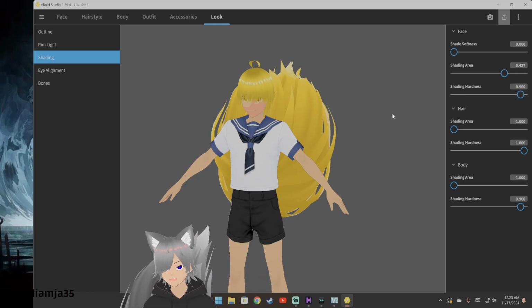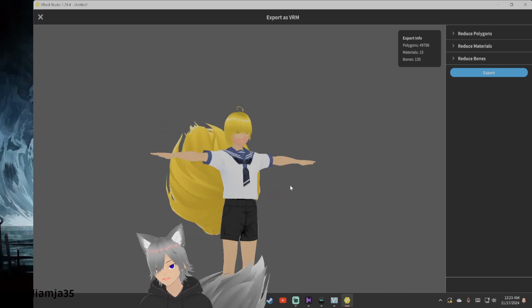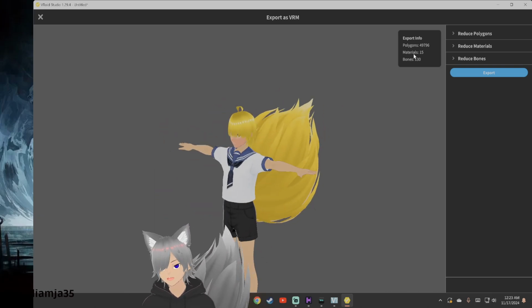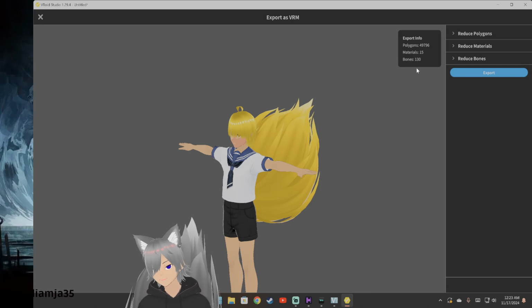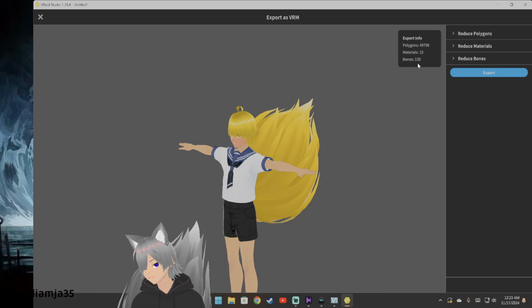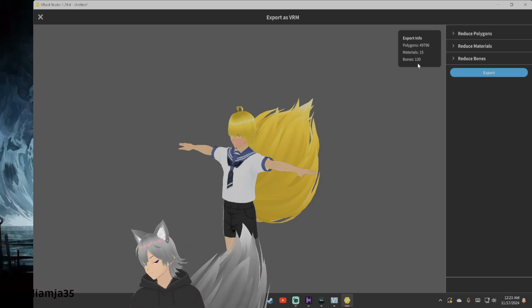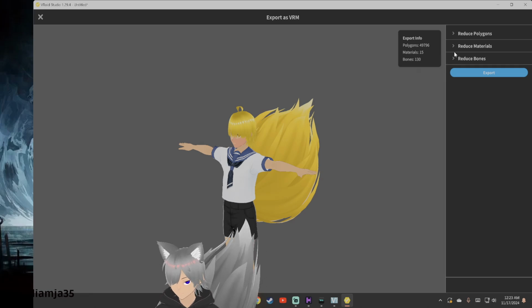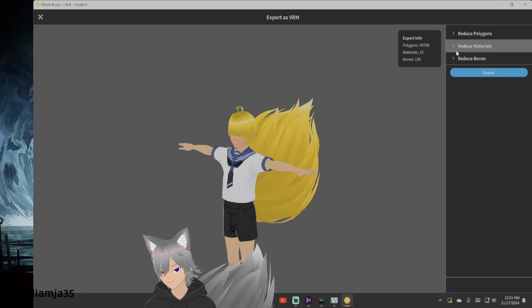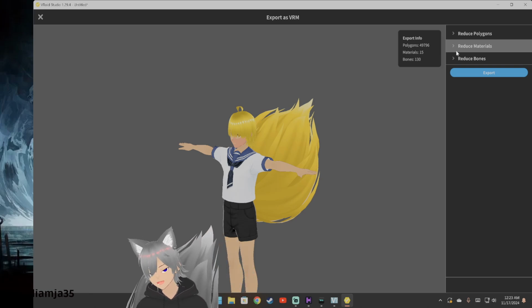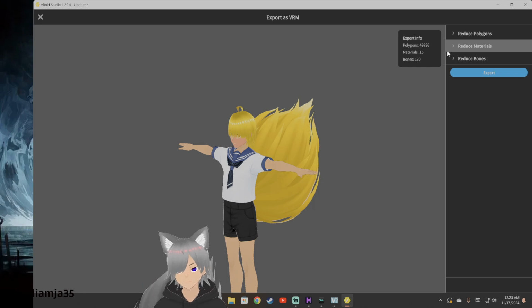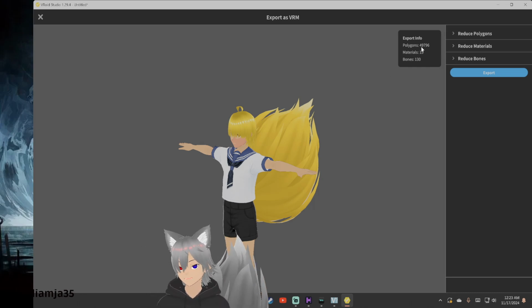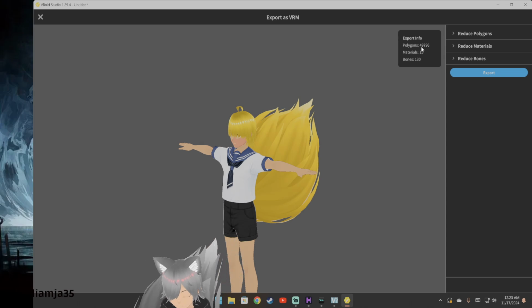Once it's done, it's a little bit of compiling and stuff. It will bring up a look like this. This will show you how many polygons, how many materials, and how many bones are within your model, which is simple and wonderful to have. You can reduce them, to make it a little bit less clunky when you're using it in one of these apps. There is also polygons, and to put it in perspective, this whole model has 49,000 polygons, and if I remember right,